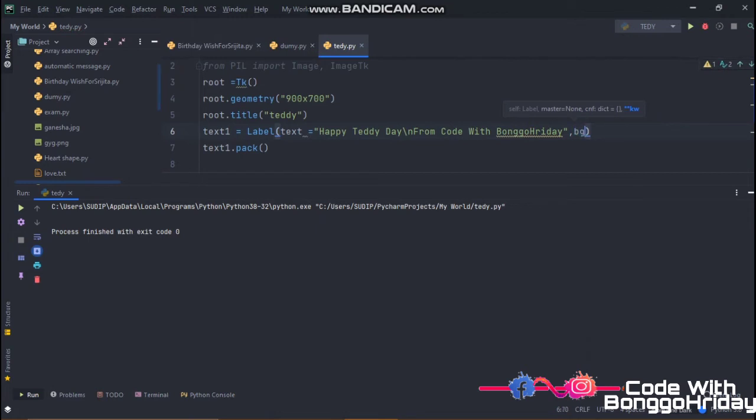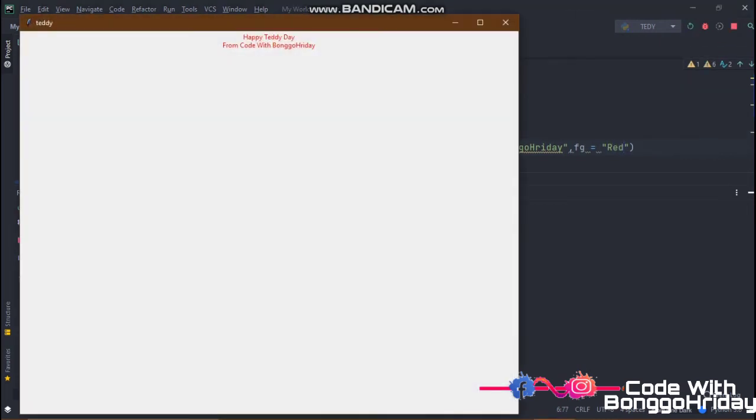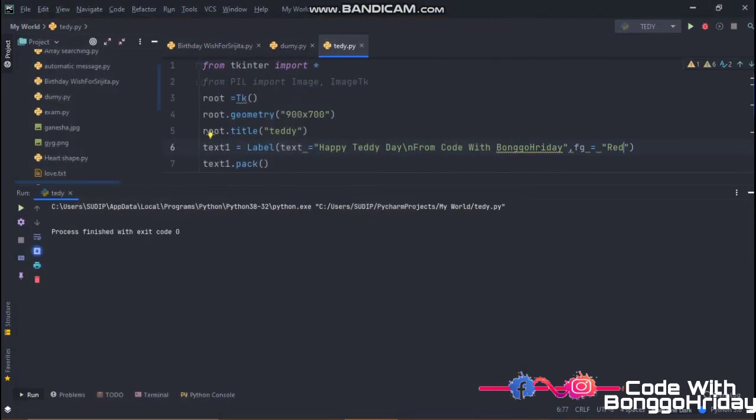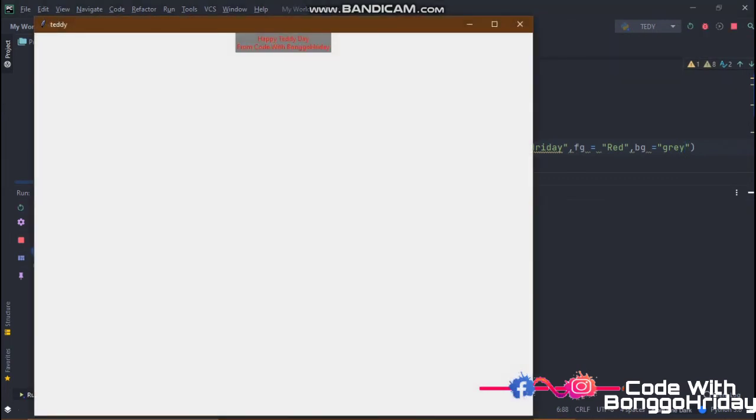So color like I'm just choosing red. Okay, you can check. Okay, that's red. fg means font color. Now bg means background color. I'm going to choose gray. Okay, so I'm setting it onto gray. Now you can check it's gray.